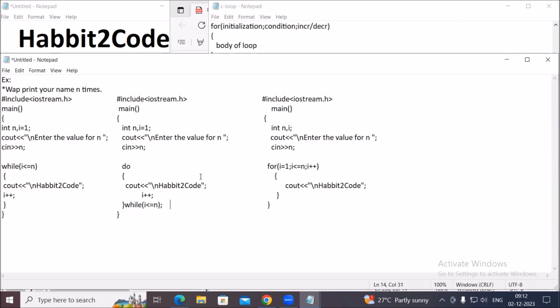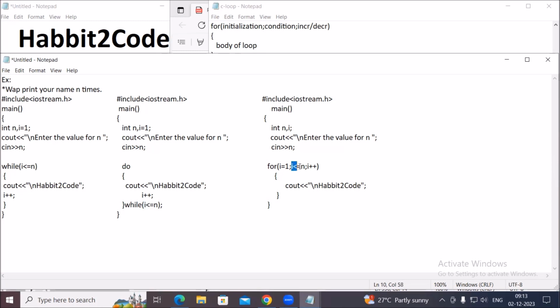And when I want to convert this into a for loop, you must know three parts. As I said already, initialization and the condition, then increment or decrement. These three parts are very important because in the for loop, all three parts come in a single line. Where you had written while or do, there you start with for. See, the initialization i equal to 1 is written in the for loop with a semicolon, and the condition i less than or equal to, which was in the while or do while loop,